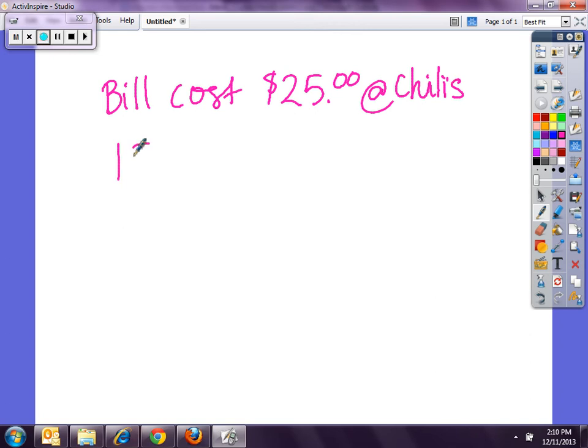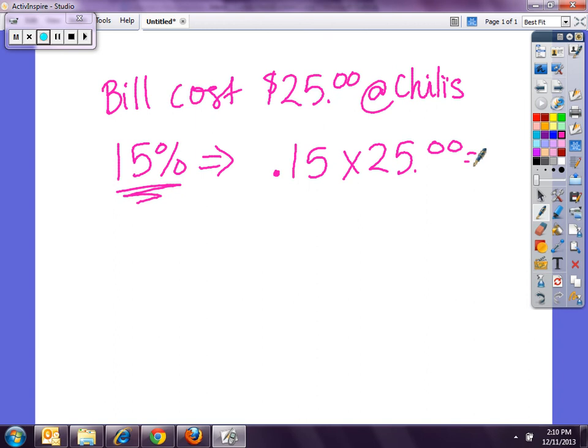I take my 15% and I change it to a decimal because I can't use my 15% in my math problem unless it's a decimal. So I take 0.15 times $25. Okay? So then I would multiply that, and that would give me